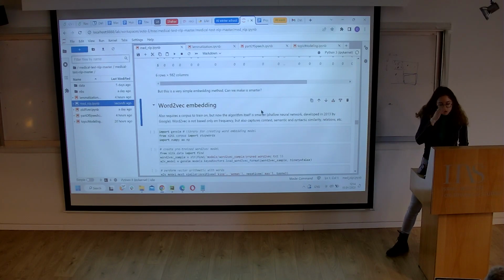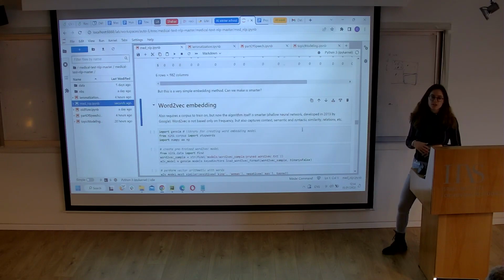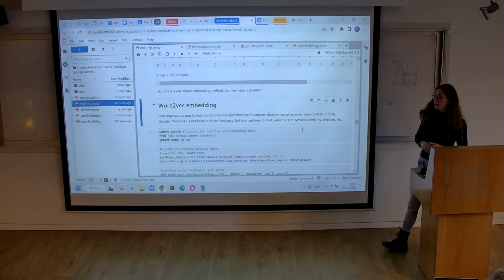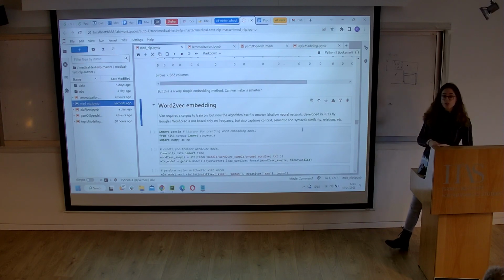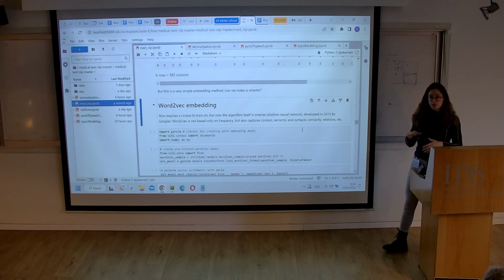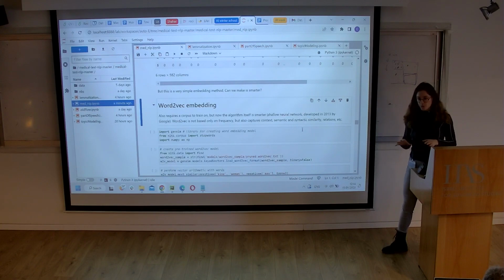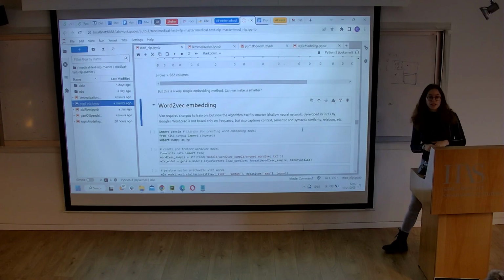So, word-to-vec embedding also requires a data set to train on, but the algorithm itself is smarter. It uses a shallow neural network, which was developed in 2013 by Google. Is there anyone here who is not familiar with what a neural network is? Not in the brain, in the computer? In the computer. Brain, which one do you know? Someone. Okay, so basically,